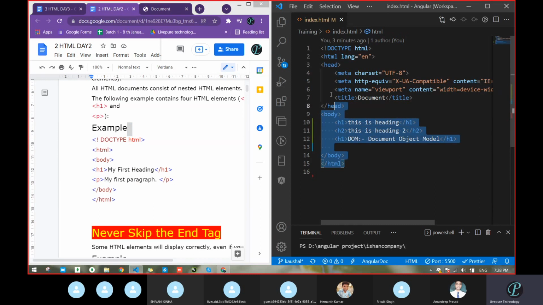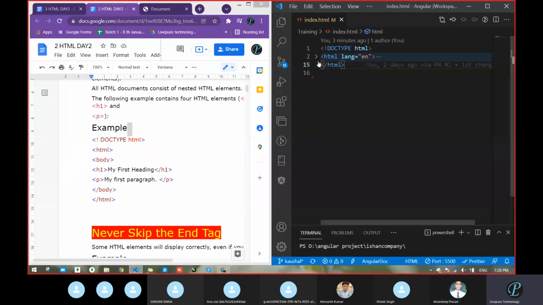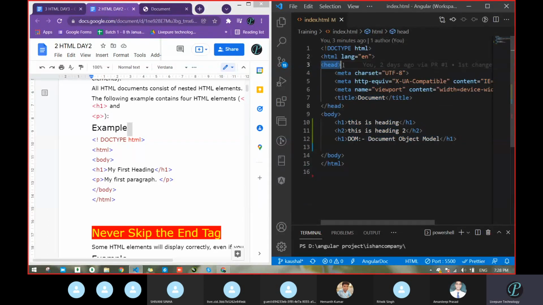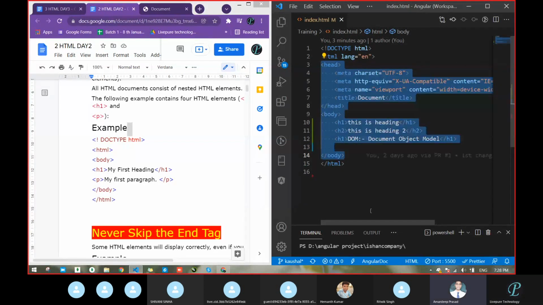So just go through this documentation here. Where is the nesting in this scenario? Are we getting any examples here? Nested means we take another thing inside ourselves, making one internal chain. Just do one thing: if we are not going to verify, just collapse. It got collapsed. What does that mean? HTML contains all the things. HTML had nested all the remaining things. Correct or not? Any doubt? No, sir.